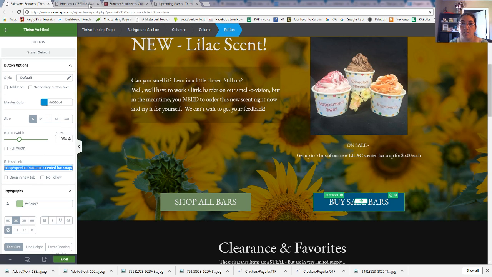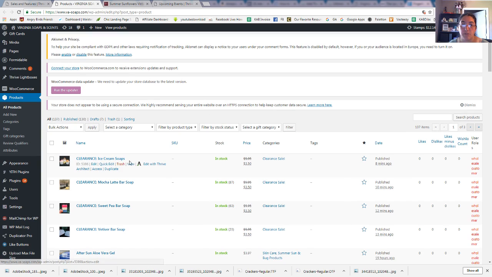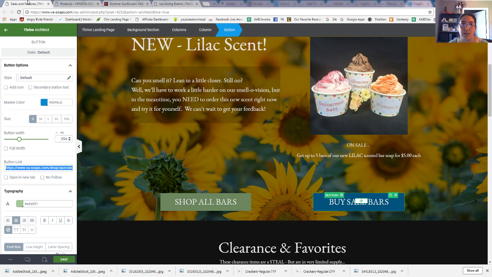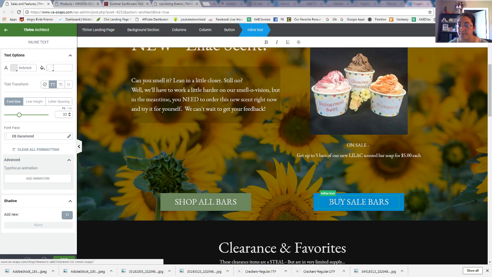But what we really want it to go to, here's my other tab, is these clearance ice cream soaps. So I'm going to hover over view, right click it, and copy the link address because that's where we want this to go. All right, and now we changed it. It's clearance ice cream soaps. And I want to change the text on this